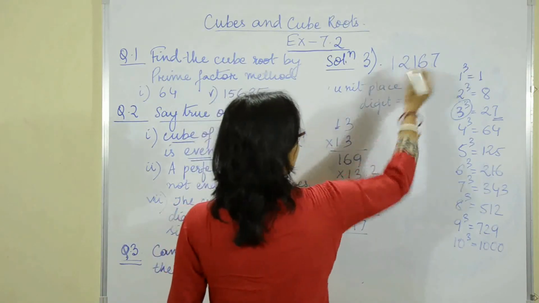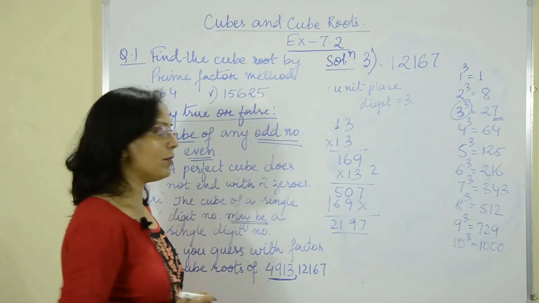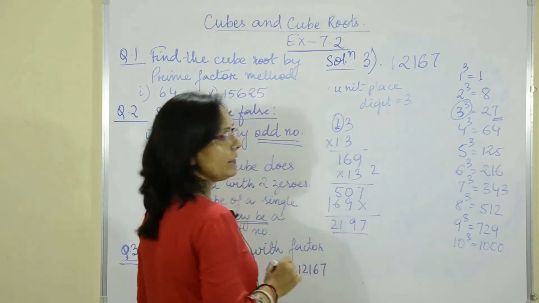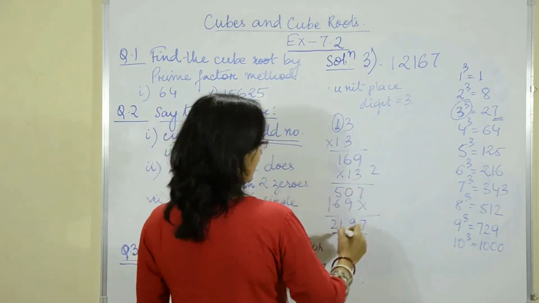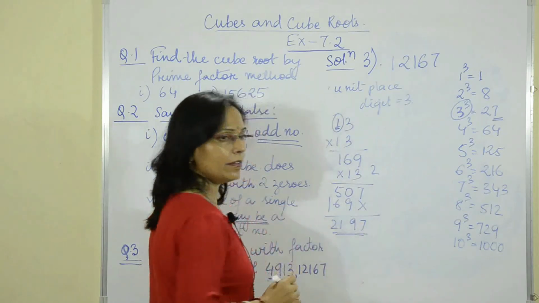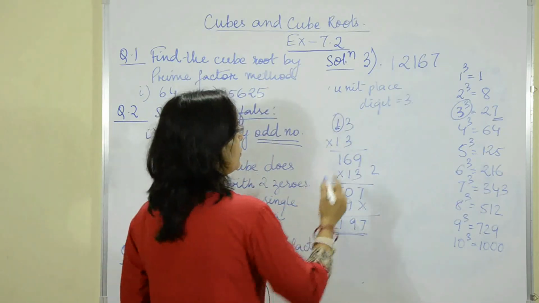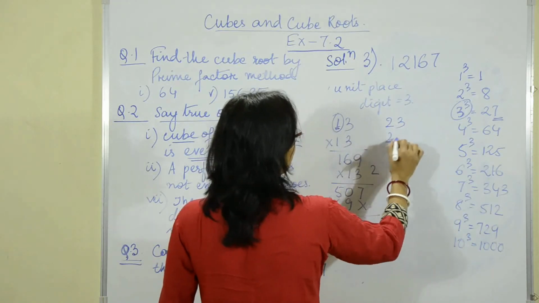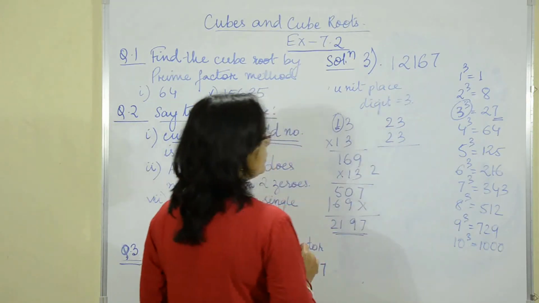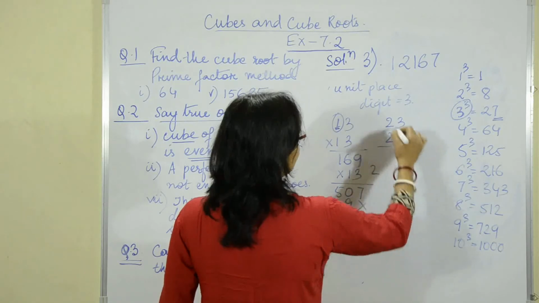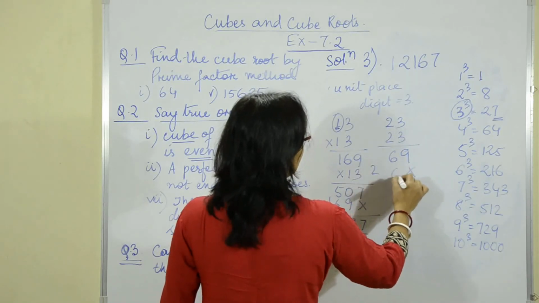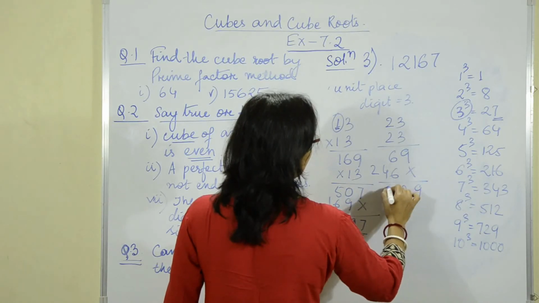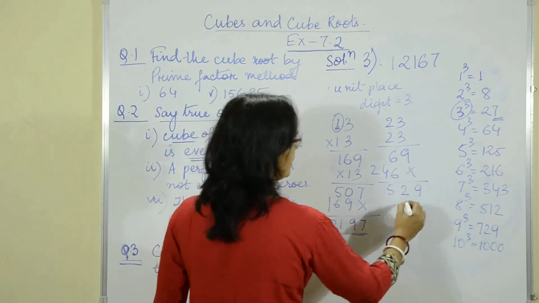It is not tallying with this. Is it tallying? No. So, if I am taking 1 in the tens place, I am getting 2197. So, this is not valid. Let us proceed. So, now I am going to 2. Instead of 13, I am taking 23, and now let us see what happens. 9 here, 69, 6 and 4, 46, 9, 2, 5. So, I am getting 529.